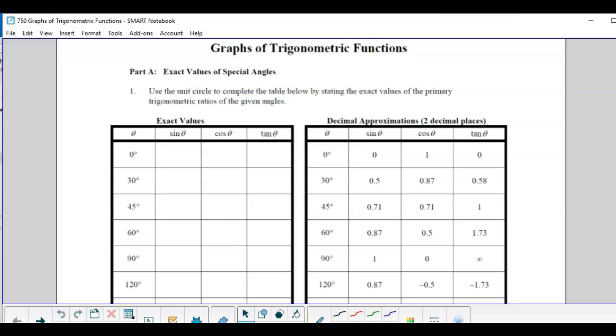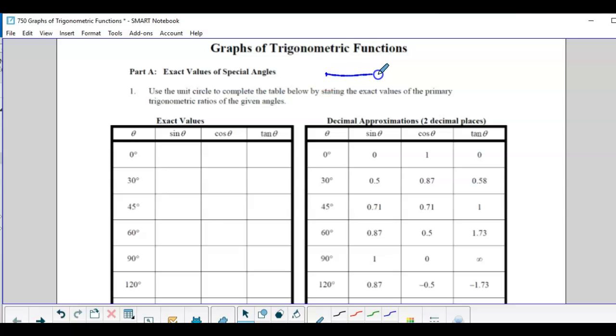So I'm going to get you started. Then I'm going to pause the video. You're going to pause the video, finish the chart, and then you can check. Okay, so things to remember. What some people do, if they can't think about the triangles, I like to think about